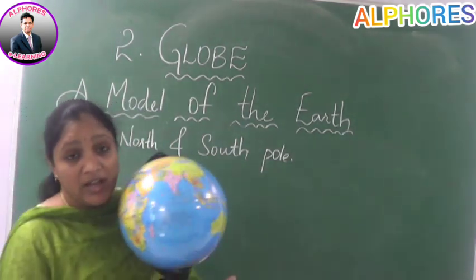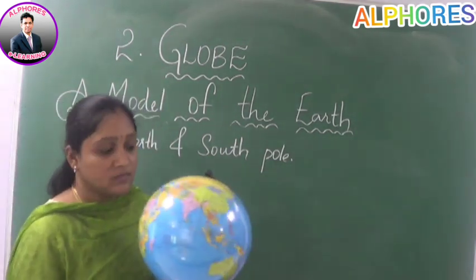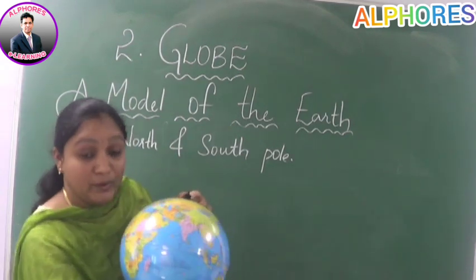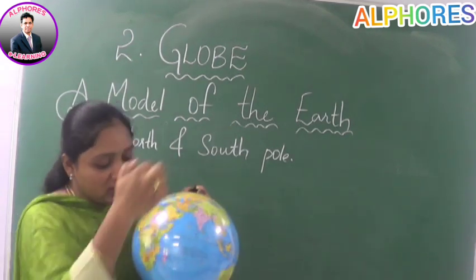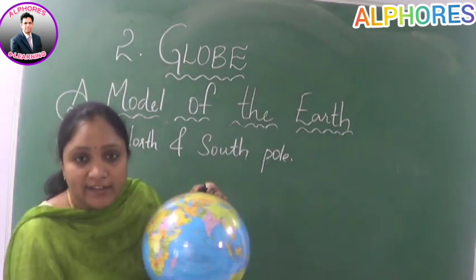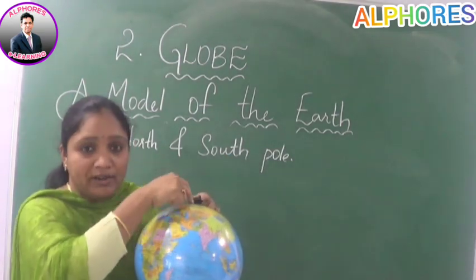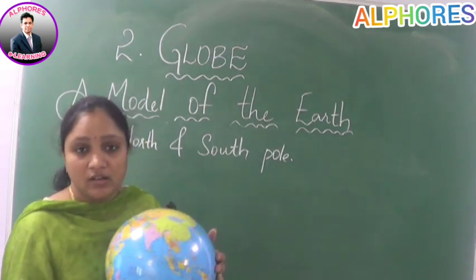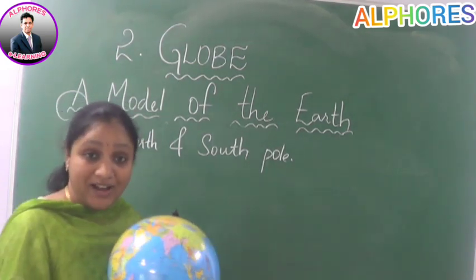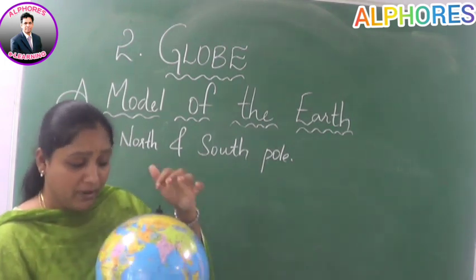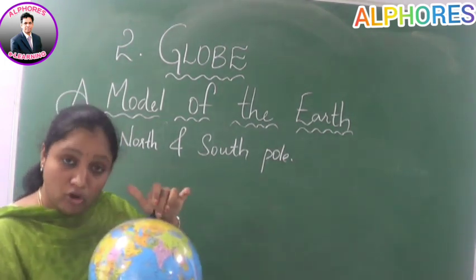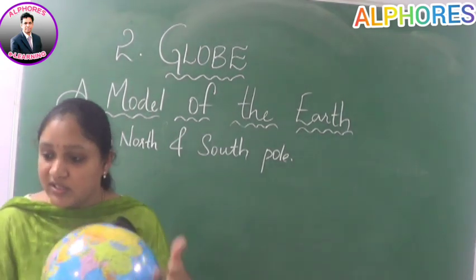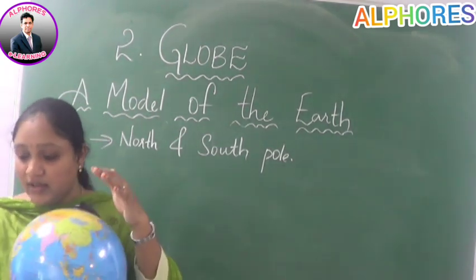Yes, children, as you can see here, as I just discussed, you can see lines and everything. But what are the two things that we call them? Just now I told you the top and bottom. We can see the frozen oceans, the Arctic and Antarctic, I told you. But what are the bottom and the top called? So this is what we are going to discuss now.